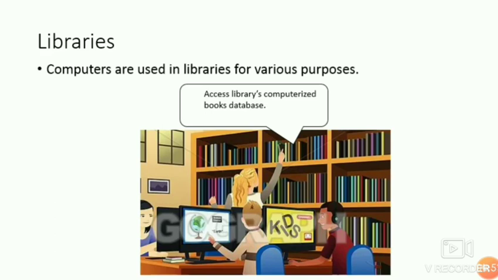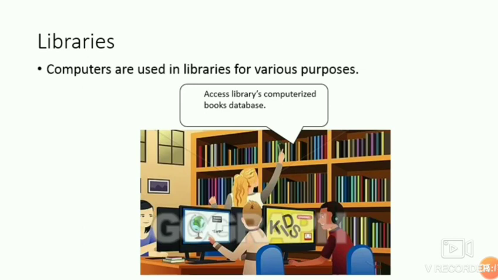Database means how many books are there in the library and regarding which subject and which topics. So that is called database. What are the books we have in the library? All the details about those books in computer, that is called database.